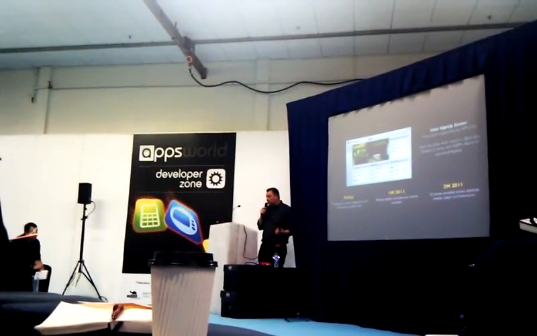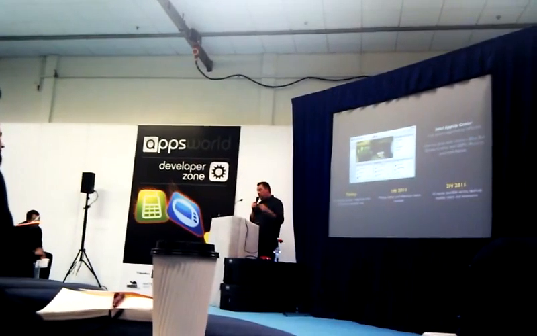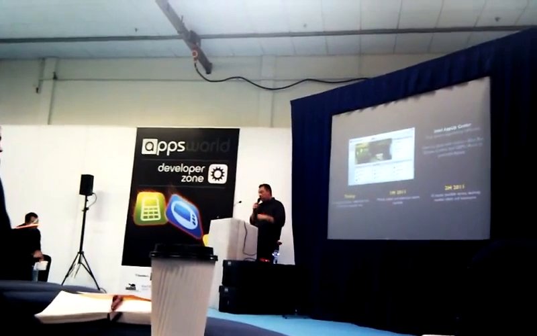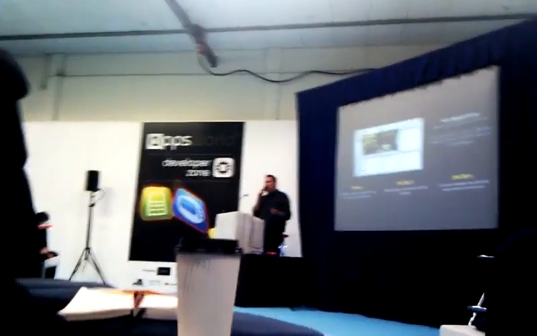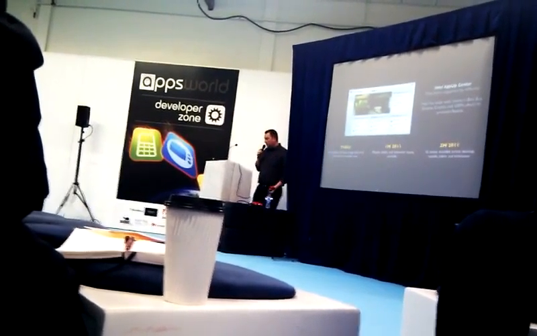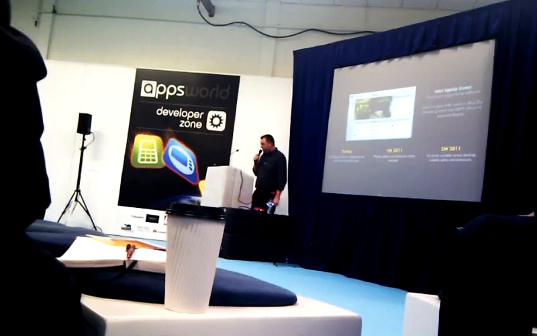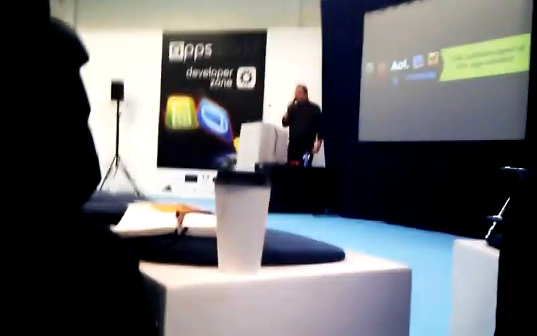Now, later next year, we'll add more stores to it, and we'll add mobile, tablet, and TV stores. And then by the end of next year, you'll see that we'll have a bunch of different stores that you can publish your application to, and not just for laptops or desktops or netbooks, but also for mobile, tablets, and TVs. So we launched inMarket a couple of